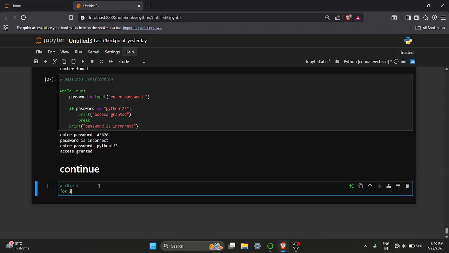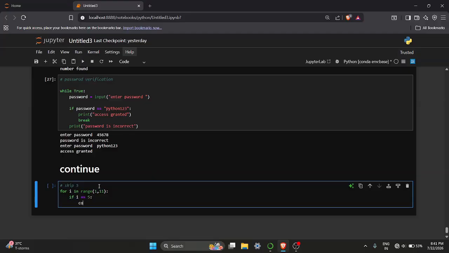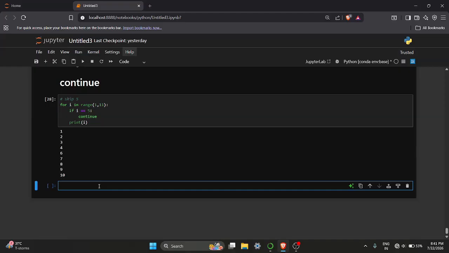So we will write the loop for i in range 1 to 10. The condition is if i is equal to 5, then skip it, which means continue. Then at the end print i. Shift plus enter. You can see we have numbers from 1 to 10, but not 5. Only the current iteration 5 is skipped. The loop continues with